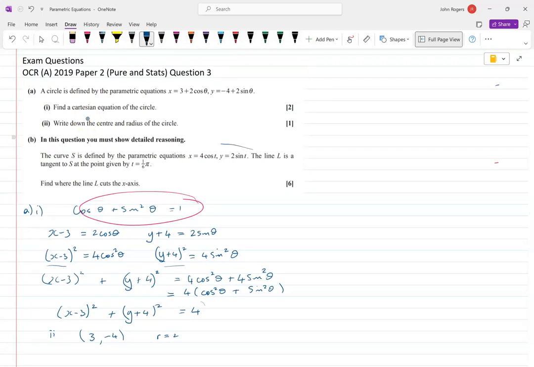Now the next question changes the equation, so be careful. I started doing this dealing with the original equation, so it's a bit unusual to change the equation completely, but not that unusual, so read the question carefully. This won't be a circle, by the way, it'll be an ellipse, because x varies between 4 and minus 4, and y varies between 2 and minus 2, so it's going to